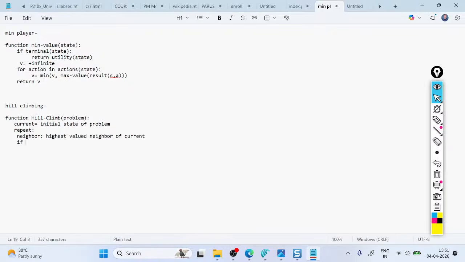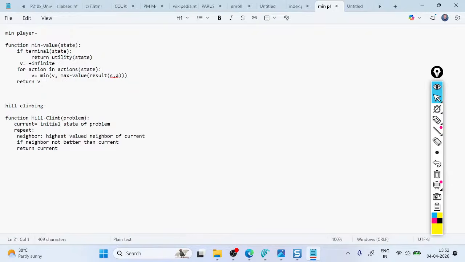And if neighbor is not better, if the neighbors are not better than the current state, then it means that we are already on our global maximum, right? We'll start from a random place, remember that. Return current,